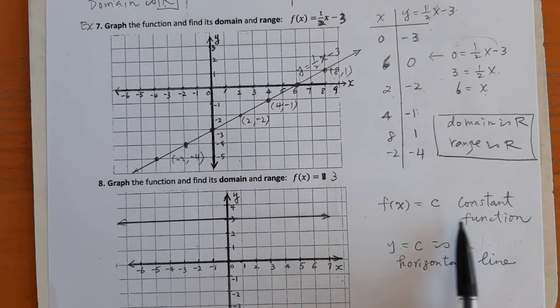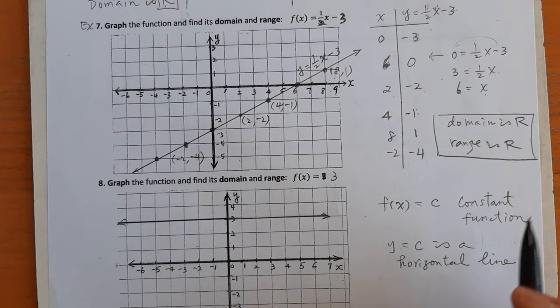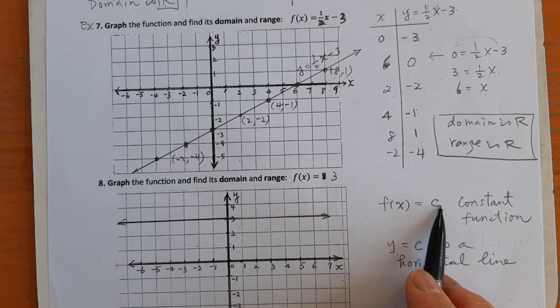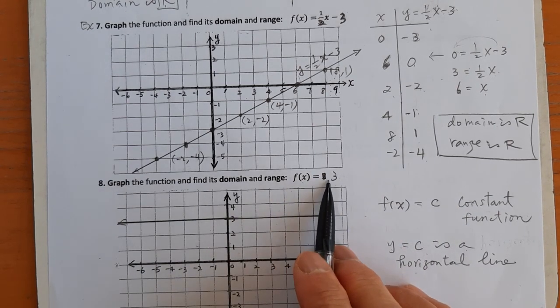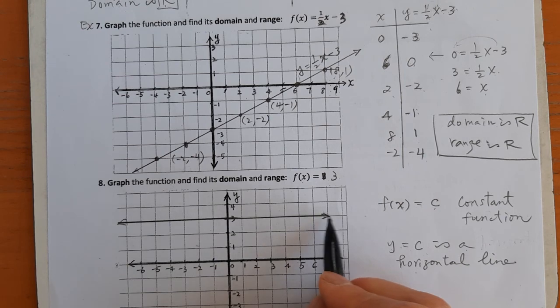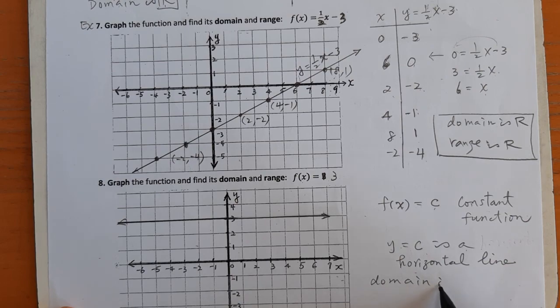And y equals a constant, a constant function, y equals c, is a horizontal line. Like y equals 3. Constant function: f of x equals c, where c is a constant. For example, f of x equals c, where c is 3. Then go through 3 and draw a horizontal line. That's the graph. And the domain is all the real